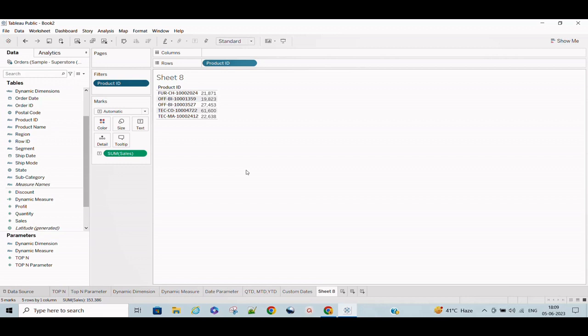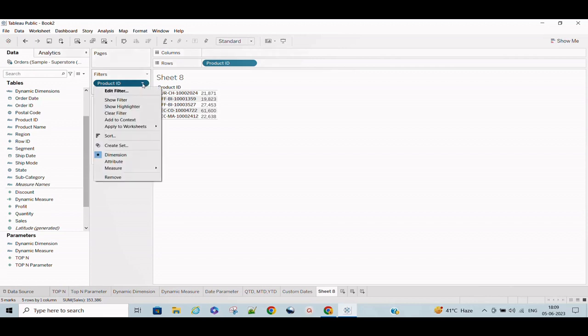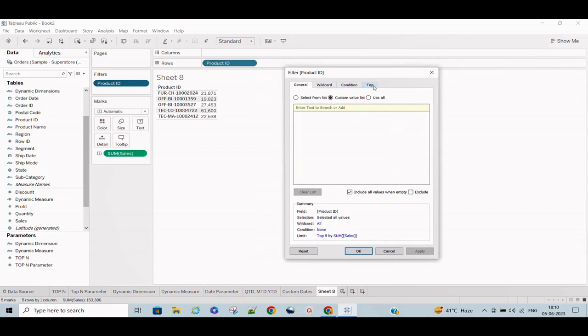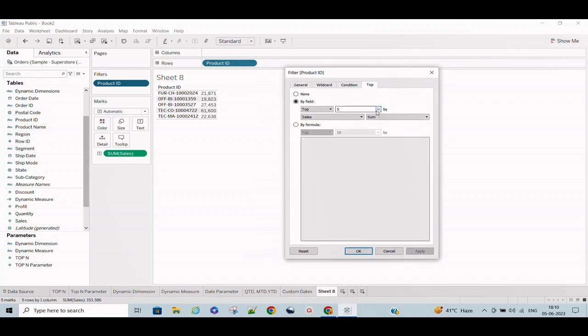So to make it dynamic we have to go with the parameter option. So that's also one of the examples of filter and a parameter. So if I go to the product ID, one way of creating a parameter from a filter is, if I go to the product ID again, do an edit filter, go to the top option again, and in here, if I click the drop down, I have an option to create a new parameter from the filter itself. So if I click here,